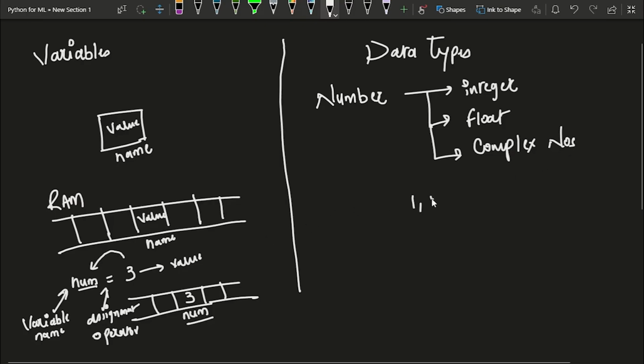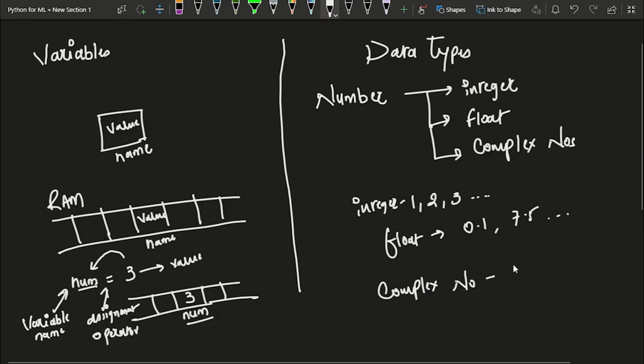So integers can be 1, 2, 3 and so on. Then the floating point values would be like 0.1 or 7.5 and so on. So whenever there is a decimal or a fraction, then that value is called a floating point value, and this is the integer. Then we also have complex numbers.